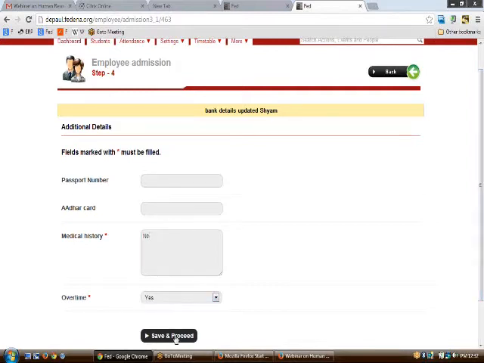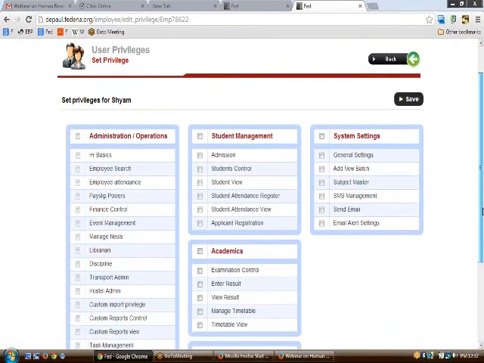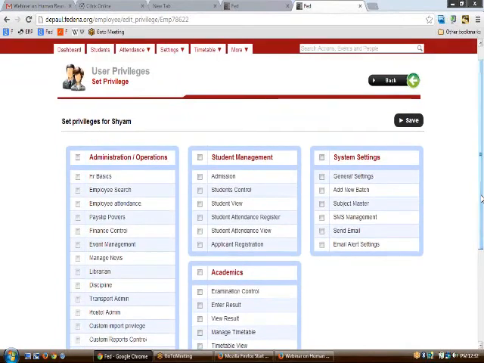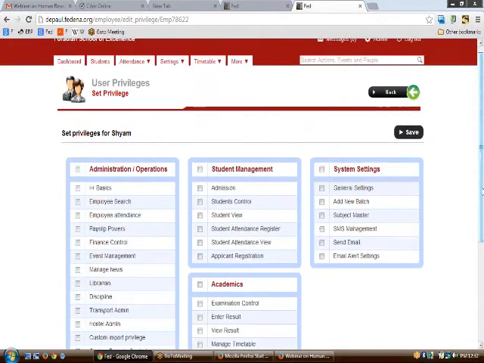Then on clicking upon this bank details, next comes the most important part of employee admission, that is the setting up of the user privileges. So we are almost sure that all the employees that are in our institution are not teachers. So we have a set of privileges which have a set of tasks that are assigned to a particular employee. So instead of giving the whole privilege to all of the employees, we have divided the privileges